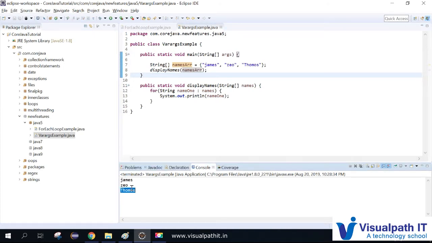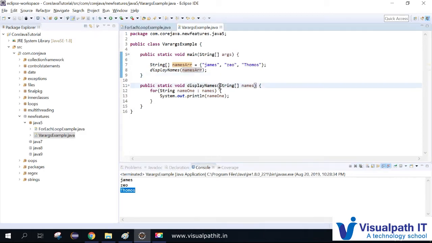So what is the concept of varargs here? The concept is, instead of doing it this way, suppose I want to avoid this data type, I don't want to pass it as an array, I just want to pass any number of elements.